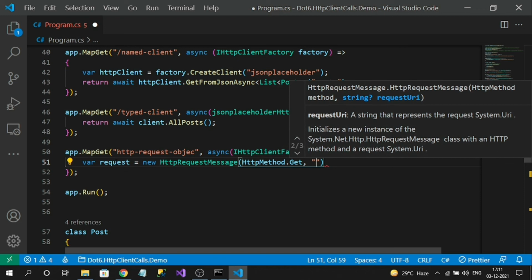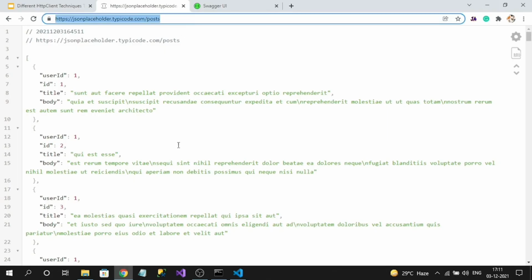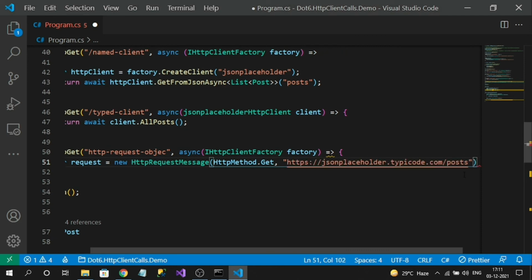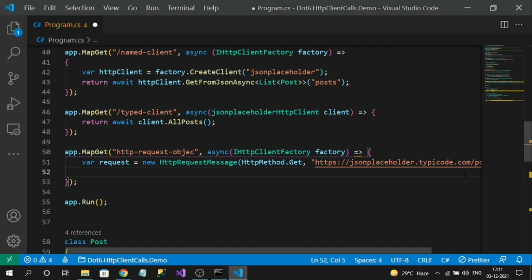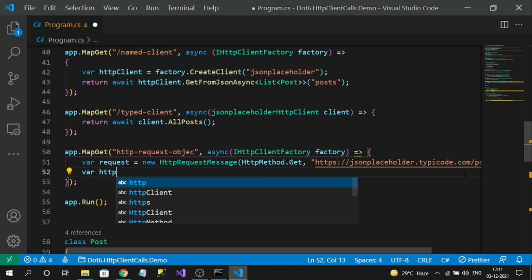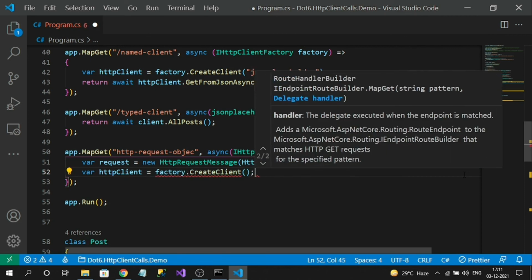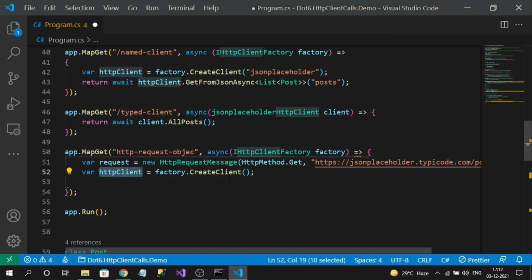The next thing is I need to specify the full URL of my API, so I will copy the full endpoint URL and pass it here. Next, let's create the HTTP client instance from the HTTP client factory: factory dot create client. It will give an HTTP client instance without any configurations.